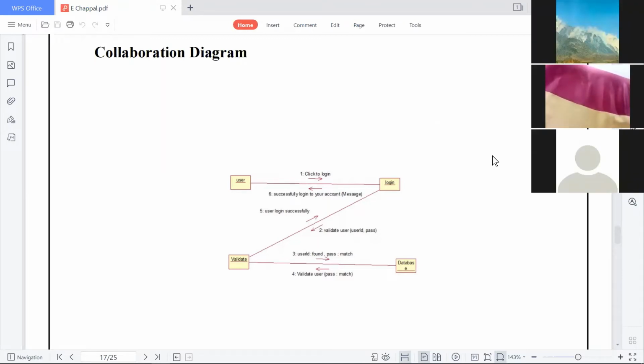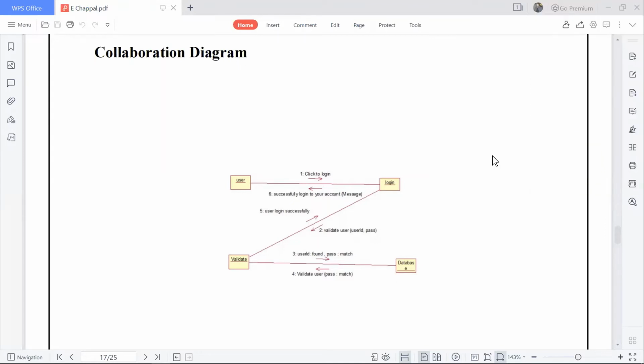It means that the account has been logged in. Then it will check the validity, as shown on number 5. The user logs in successfully, and the message will be sent to validate user after checking the validity in the system. So it means that the user is validated and registered, and then